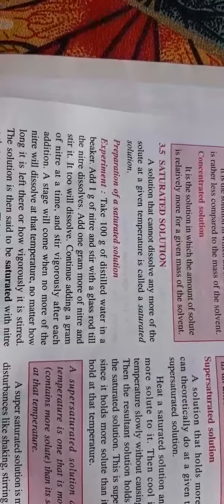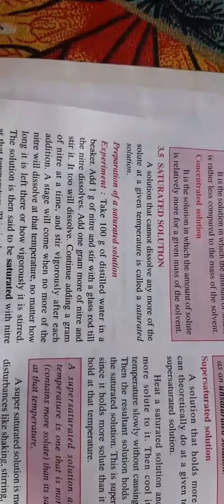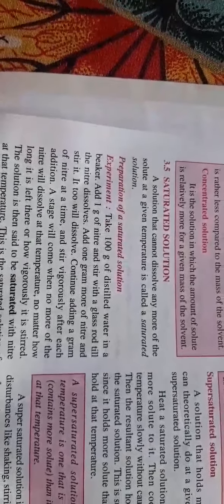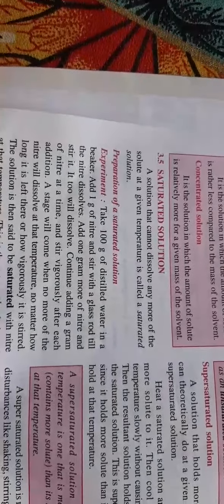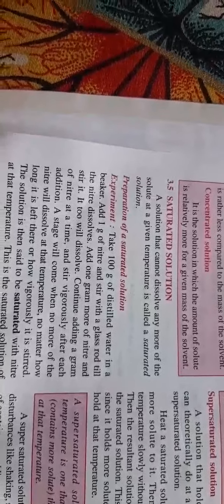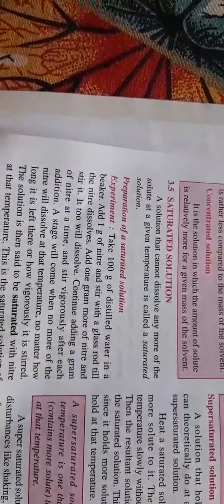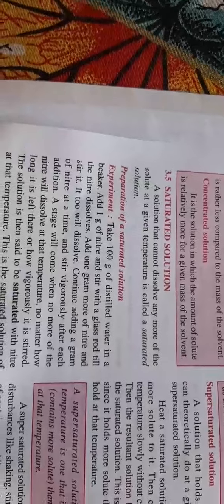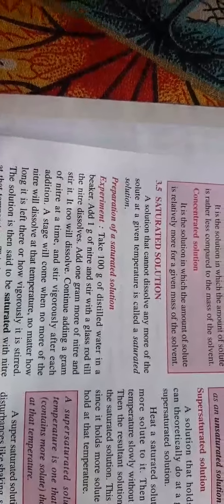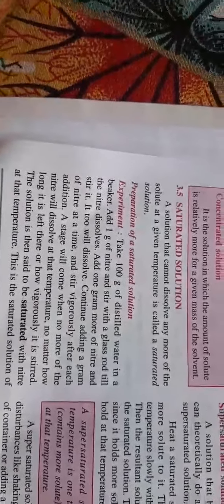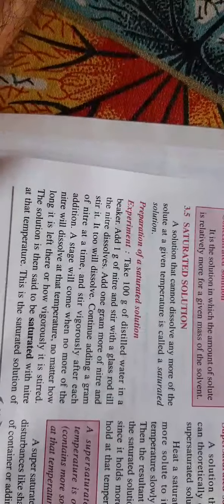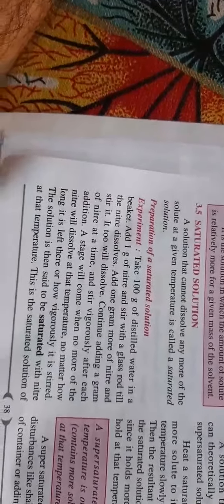Now coming on to another type of solution, that is saturated solutions. The solutions in which more solute cannot be added at a given temperature. And how can we make a saturated solution? You take water, keep on adding salt, 1 spoon salt, 2 spoons salt. For some time the salt will dissolve in water, but after some time it will stop dissolving. Whatever stirring you do, you will see that the salt remains at the bottom of the glass. And this is happening when we are not changing the temperature.